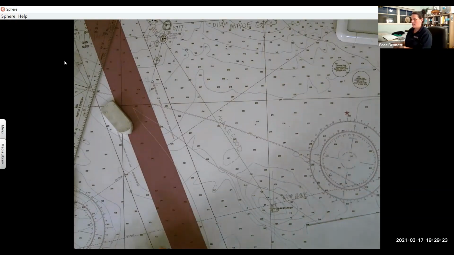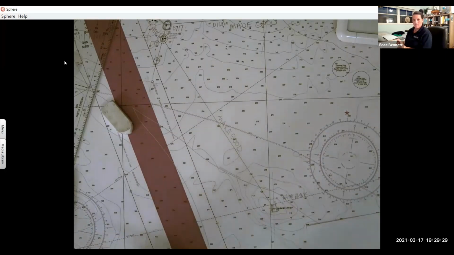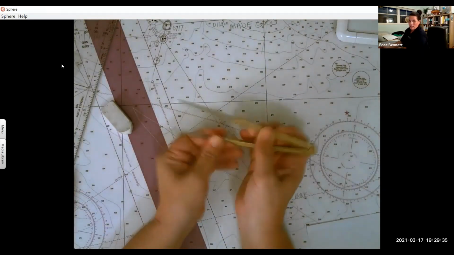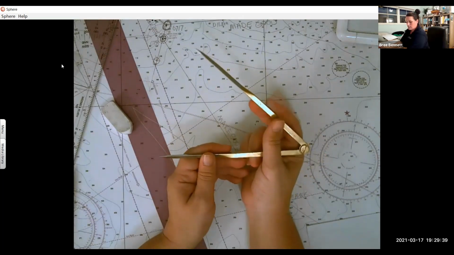Oh, this is why we didn't do it, because our dividers don't go to 10.7. If you have other dividers that do go to 10.7, actually,